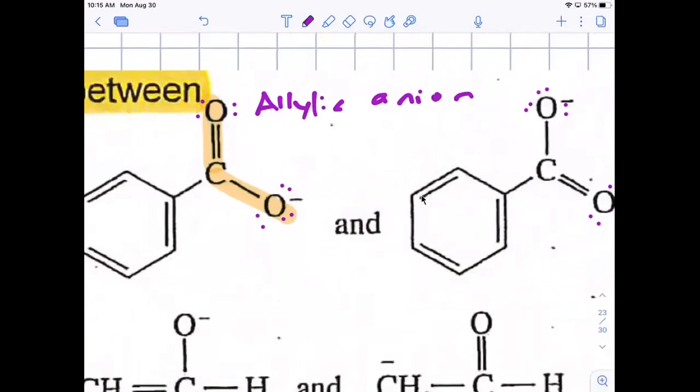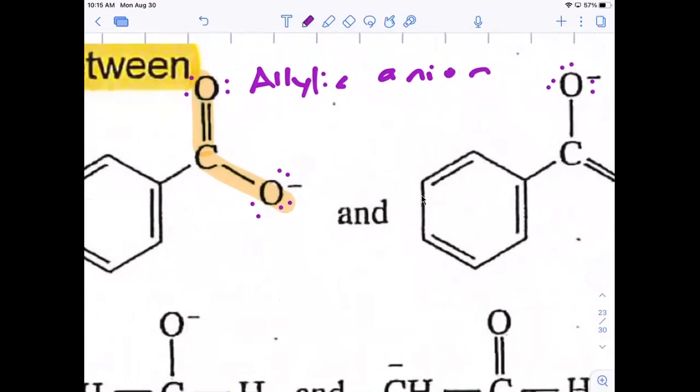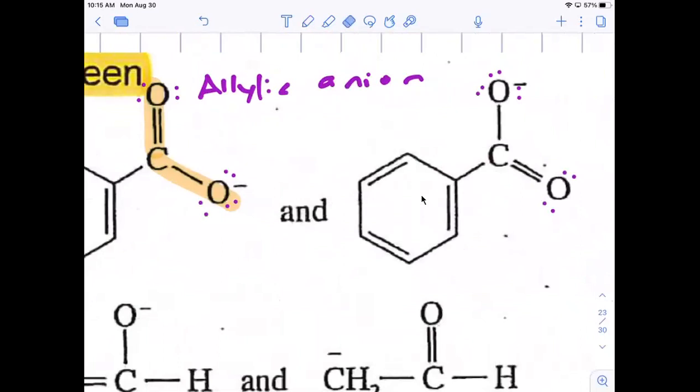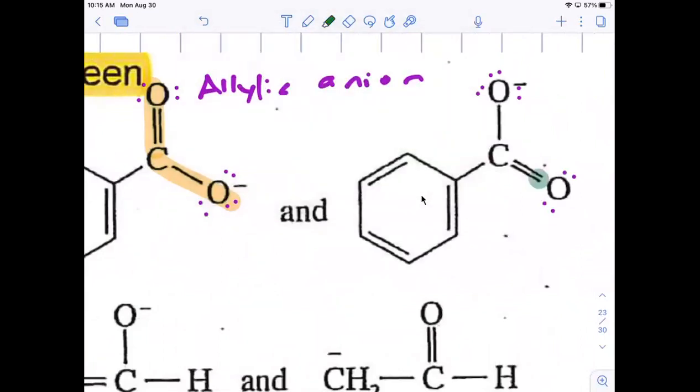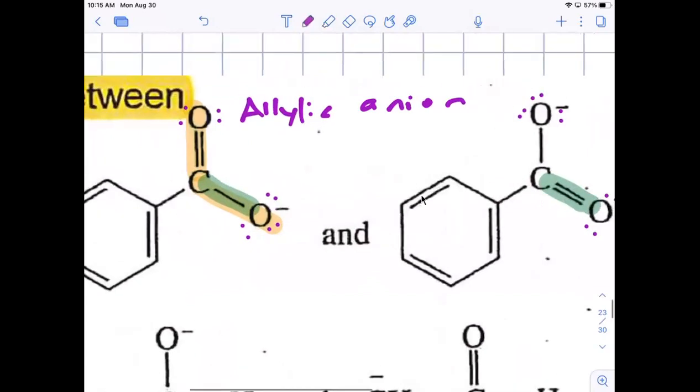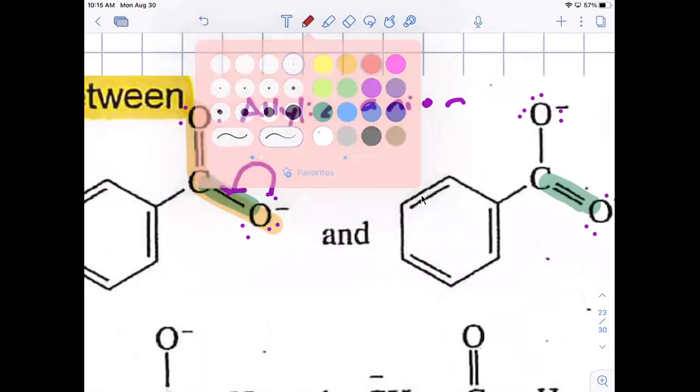So I'm going to take, how would I put this pi bond here? You see the new pi bond that's formed over here? How would I do that? If I'm doing it through resonance, what I'll do is I'll take a pair of electrons from here and put that arrow right between those two atoms. Notice I did not put the arrow here